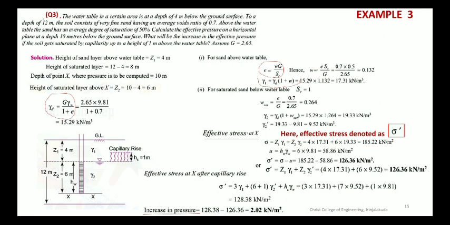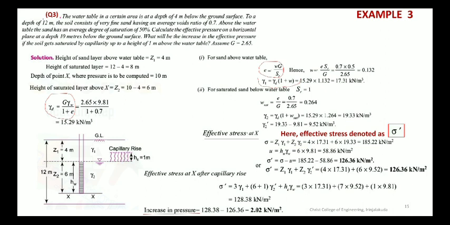Then what is the pore water pressure at a depth of XX, even if there is a capillary rise? How much water is retained over that XX? It is the same. A 6 meter height of water is there. So pore water pressure is equal to 6 into gamma W. Clear? Now what is the effective stress? Effective stress is equal to sigma minus U. That is equal to 3 gamma 1 plus 7 gamma saturated, that is gamma 2, 7 gamma 2, minus 6 gamma W.